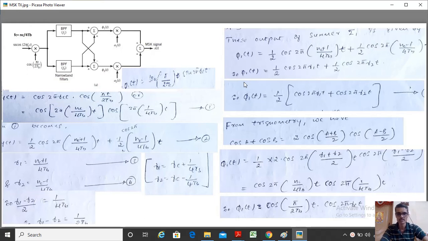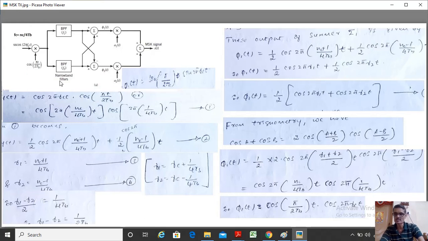the minimum shift key. And as you can see over here, this part is actually the transmitter part. This is the transmitter part where I have some product modulator, bandpass filter, some adders and multipliers combined together. That's what I'm just showing. Later I will explain a receiver also. So some bit derivation is also there which I have included in this particular picture. So I'll explain with the diagram now.